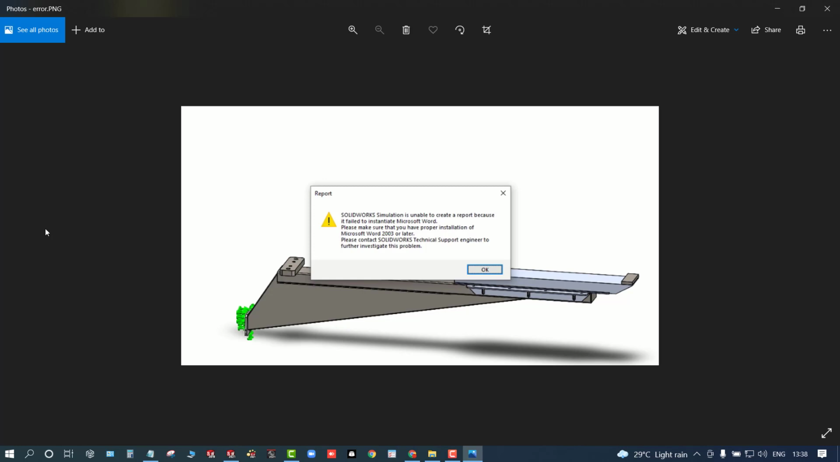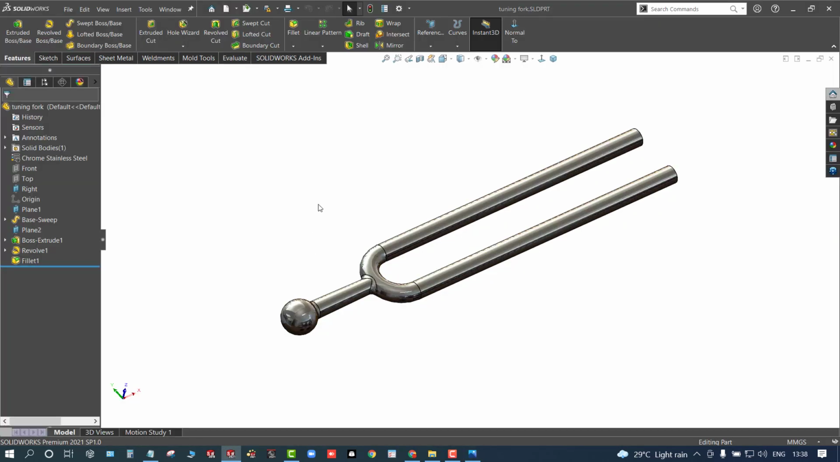Even if you are using a Microsoft Office version later than 2003, you will face the issue. The thing is, you might have uninstalled a previously used Microsoft Office, that is 2016, 2013 or 2019, and switched to Microsoft Office 365. So the main reason is